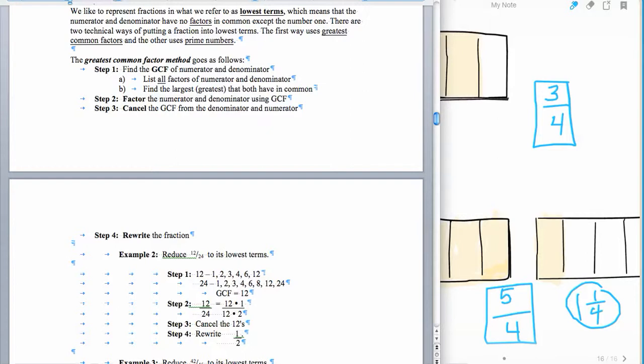There are 2 different ways of doing that. One is using the greatest common factor, and the other uses prime factorization. Now both have their places, and we will use aspects of both of them. So I want to teach both of them to you. But I want to make sure that we really understand how to do prime factorization, especially because we will use that at the end of the semester as we do our rational